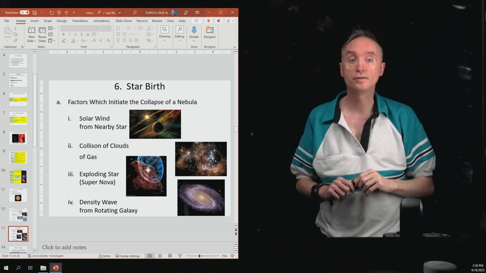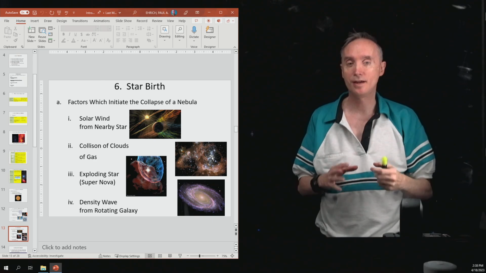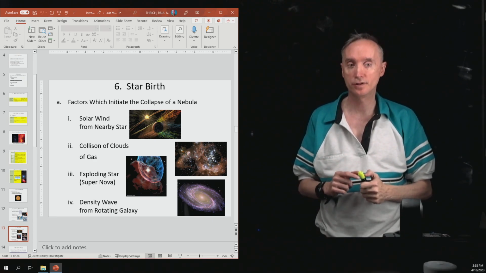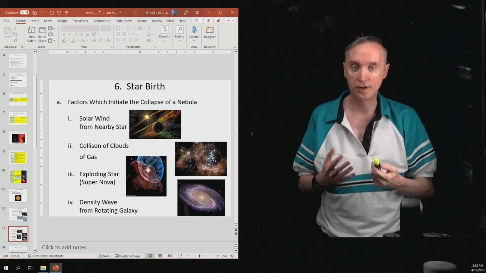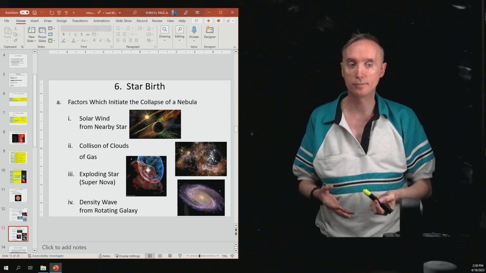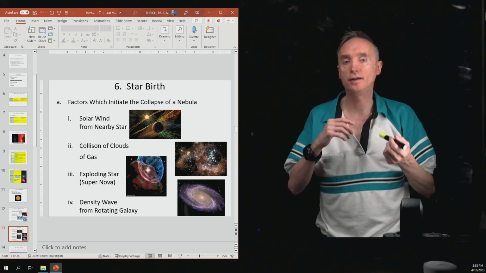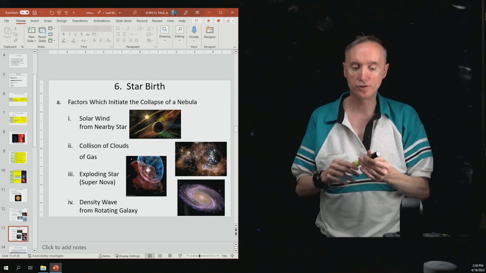All right, so in the previous segment, we talked about reasons why a nebula normally does not collapse and turn into a star. So it's going to need some help. The nebula is going to need some help in order to get it to collapse. Now, in order to understand why it would collapse once you give it a shove, I want you to think